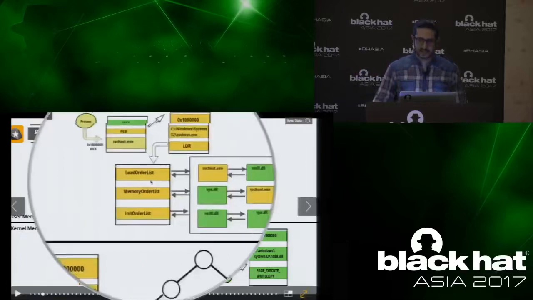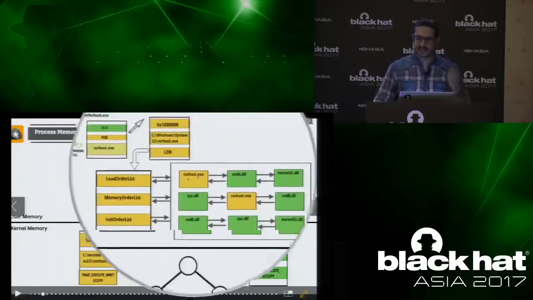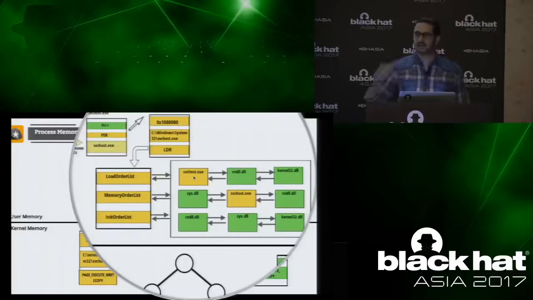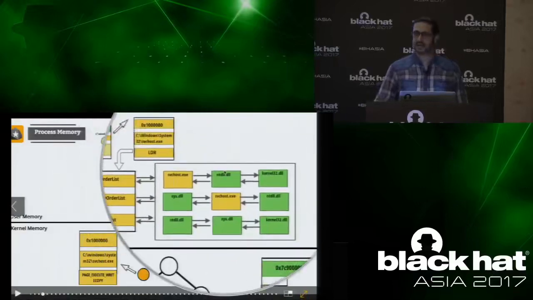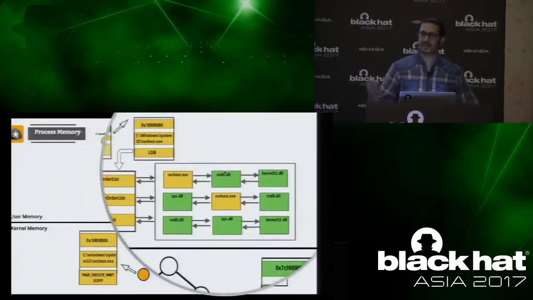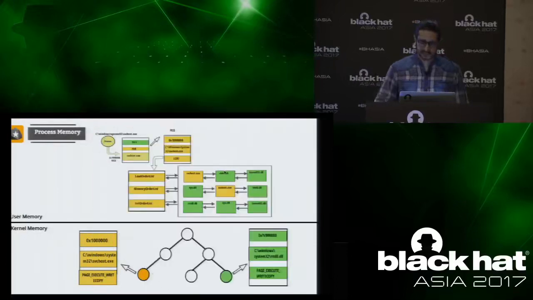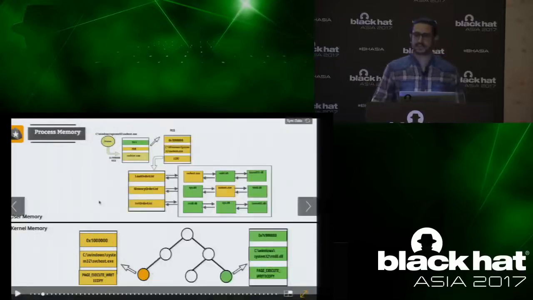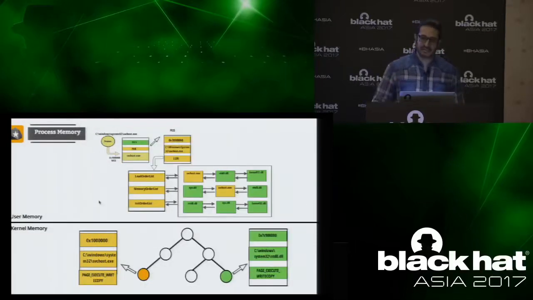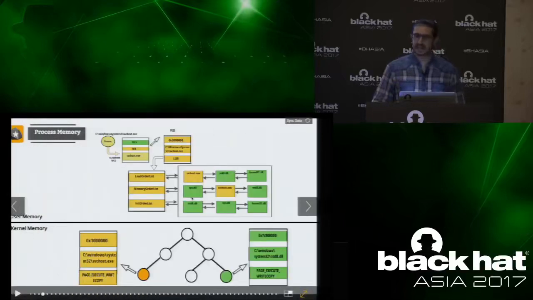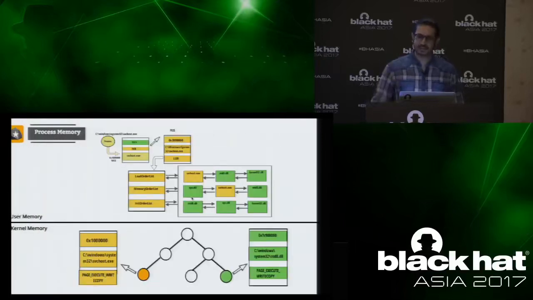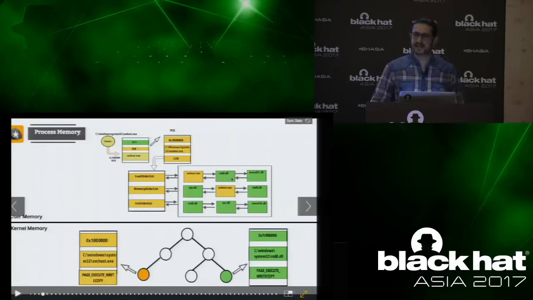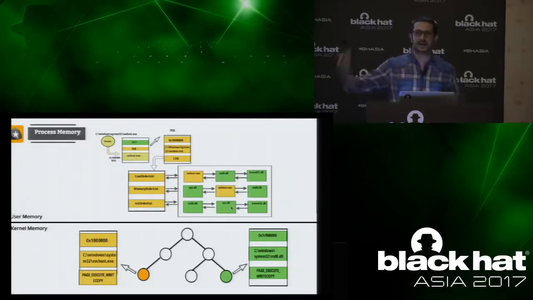What it can do is walk this double linked list, get the information related to the first module, and then walk to the next data structure, get the information related to the module, and then display the results. So this is about the user process memory. Now because these structures reside in the user process memory, it is possible that a malware process can unlink a DLL, which is a malicious DLL, and hide from the tools that list the modules.